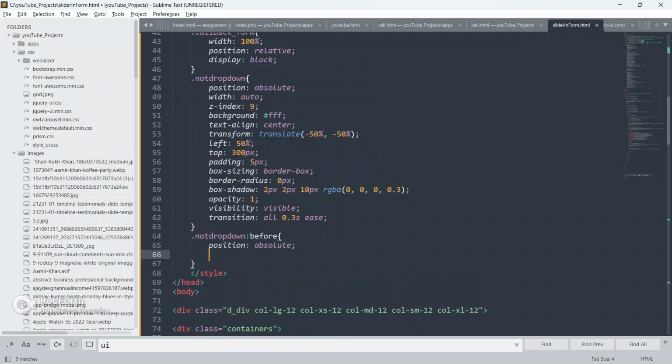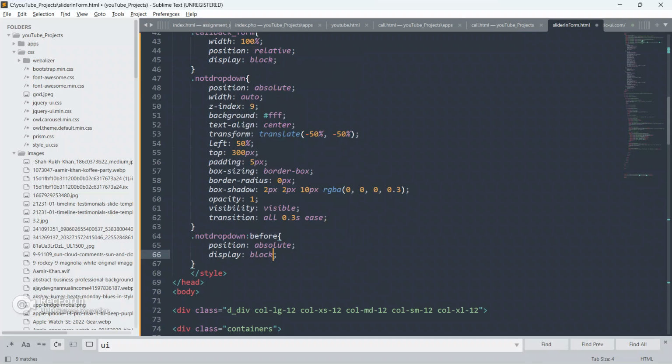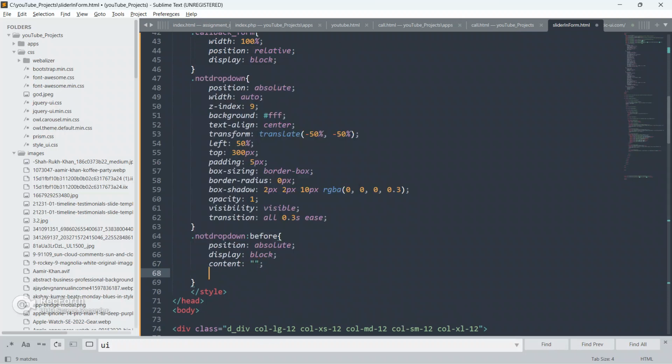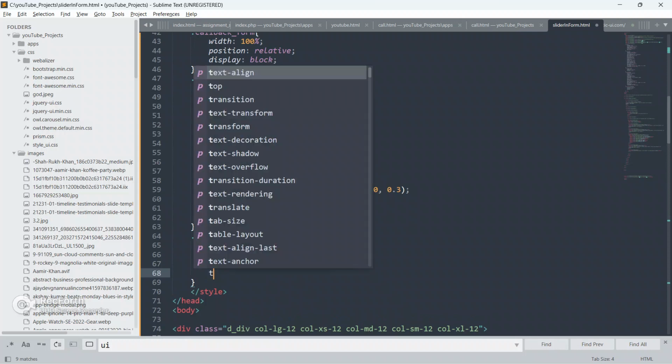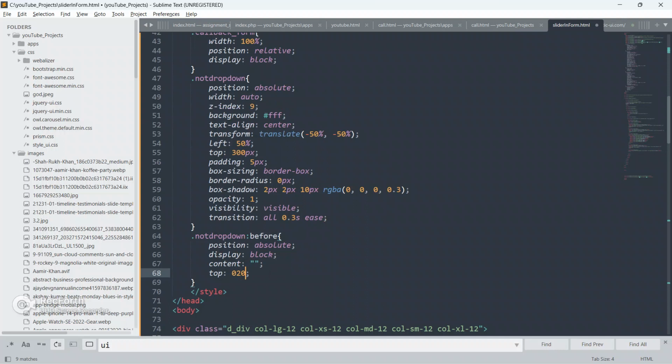Okay, so give position as absolute, give display as block, give content as none, give top as